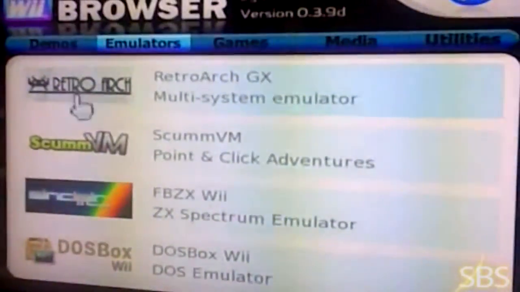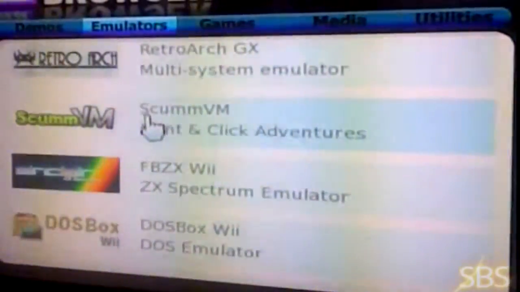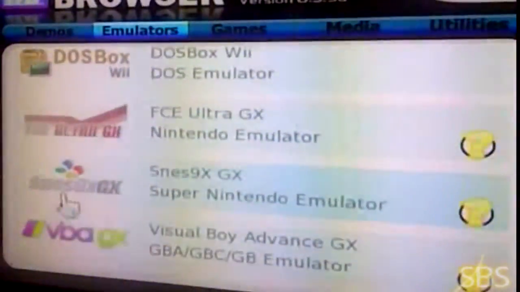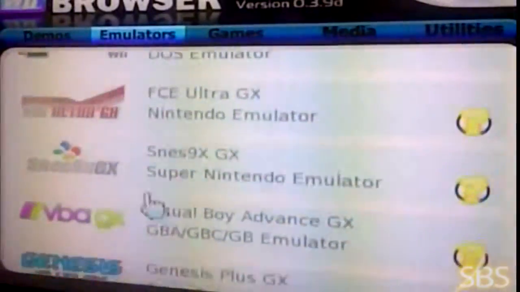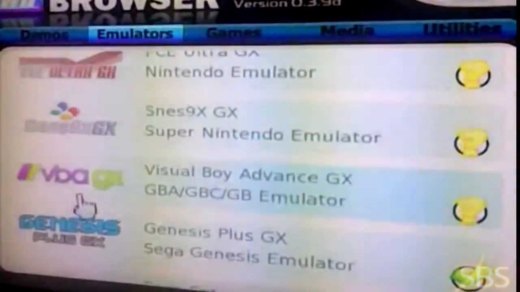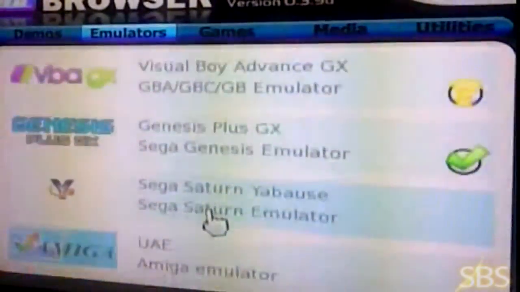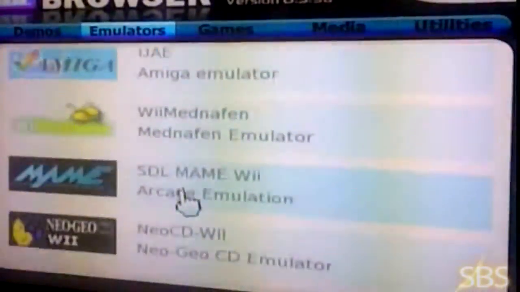So next, this is going to show you how to download the emulators automatically. As you see here, I have the NES emulator right here, I have the Super Nintendo right here, and a Game Boy Advance. So these are all the emulators. And this is actually the Game Boy, the Genesis right here. So when you go further down,